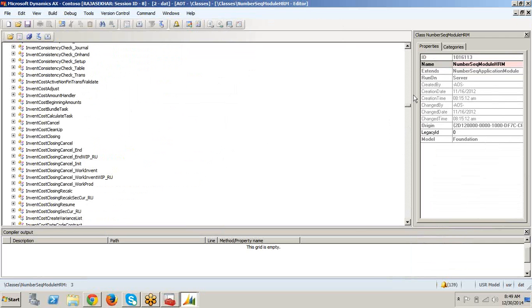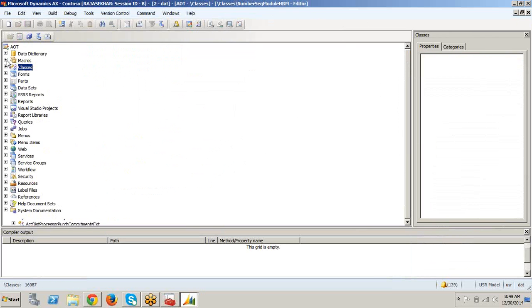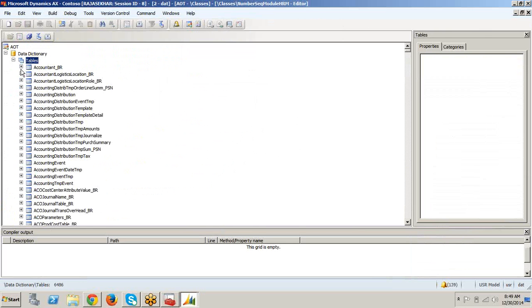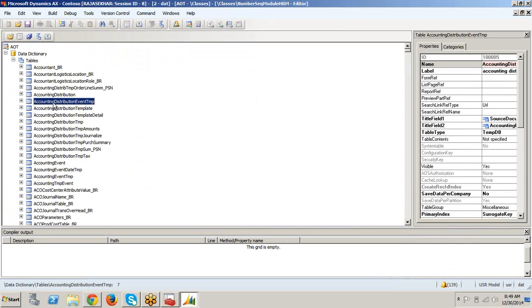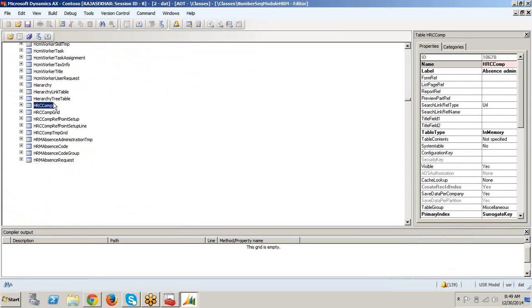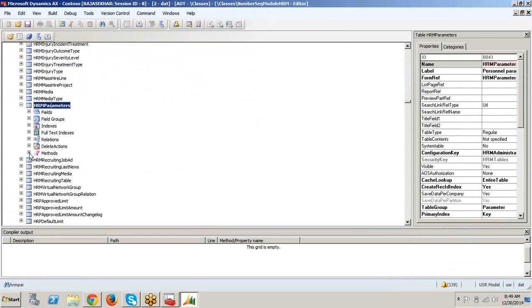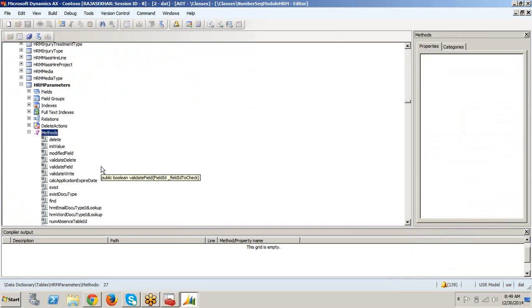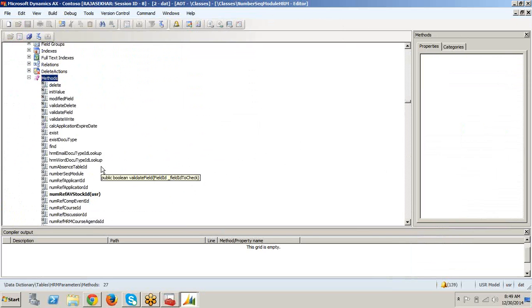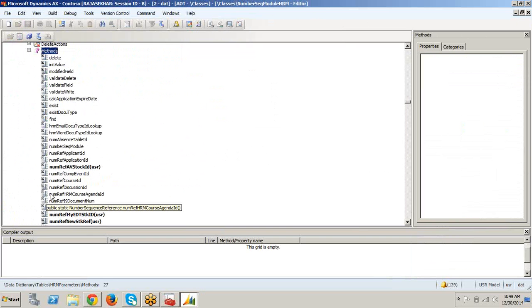Go to the tables. In the tables, we have a table called HRMParameters. Expand this. Go to the methods. In the methods, we have methods like numberOfAccountNum, numberOfApplicationId, numberOfApplicantId. We have all these methods with numberOf. That is nothing but number sequence reference IDs.